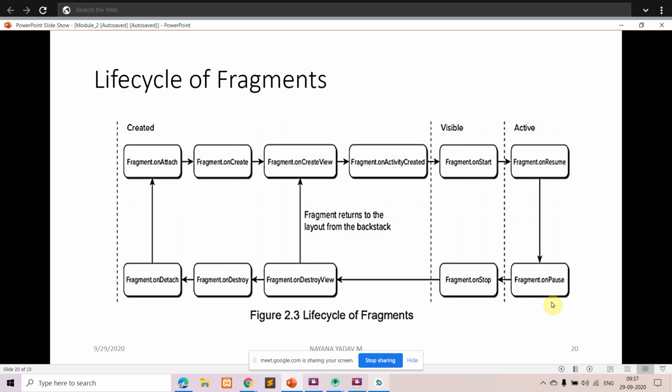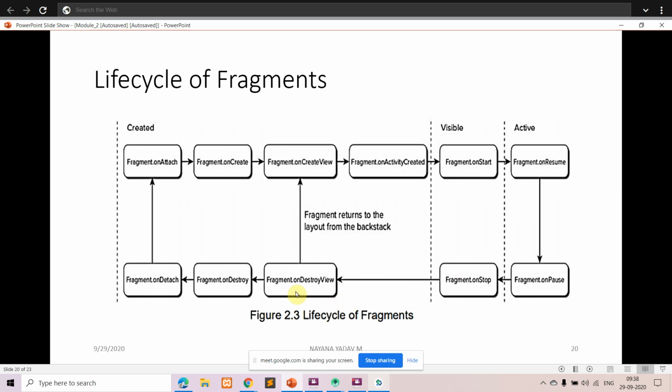So even after you have logged out, if you want to save something, all these things have to be done here. The next state is the onStop state, wherein the fragment is stopped by using this onStop method.